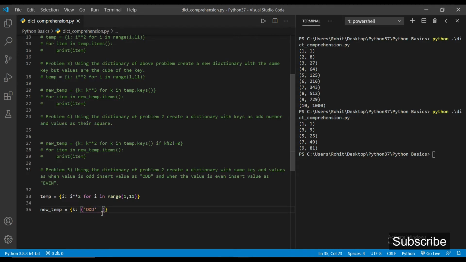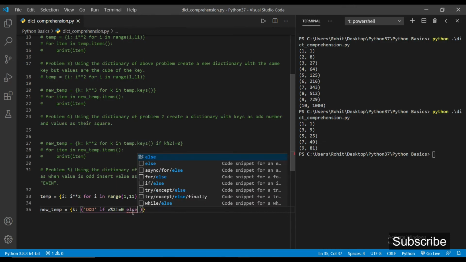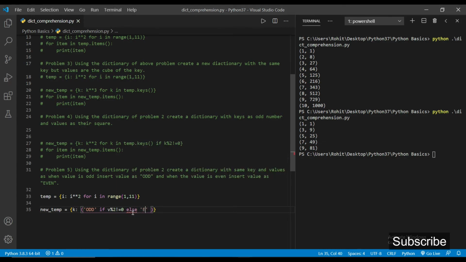So let the value that will be coming from the dictionary temp be v. So here we write if v %2 is not equals to 0, then only we pass the string odd to the new dictionary new temp. In an else condition we pass even.